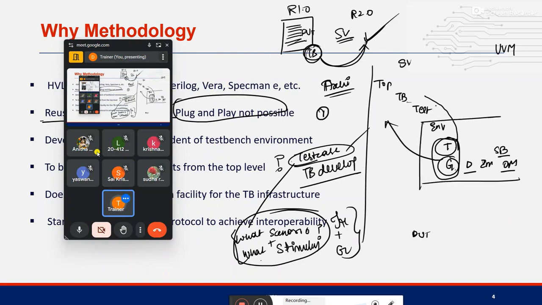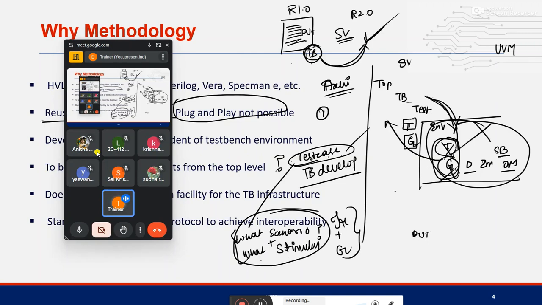You don't even have to go inside the environment. Outside the environment itself, here I'm keeping the transaction in the generator in the UVM hierarchy, in the UVM test bench. By doing this, the test case writer, without even going inside the env, will be able to access the transaction in the generator class. Okay, so you do not have to give access to all these files.